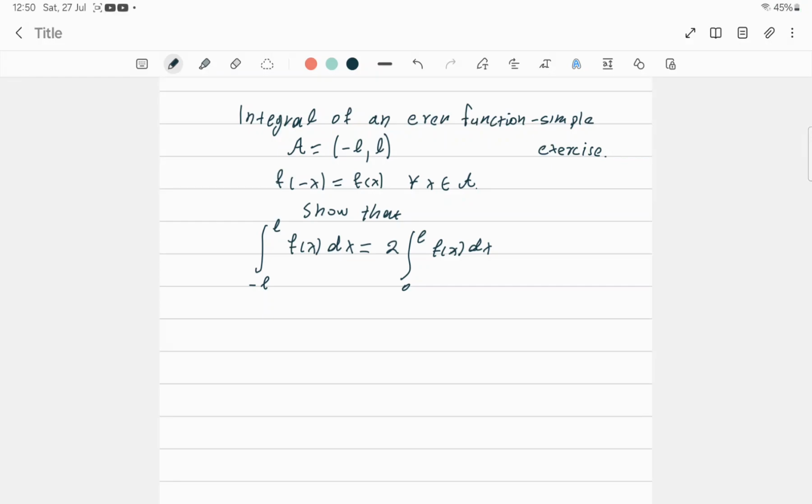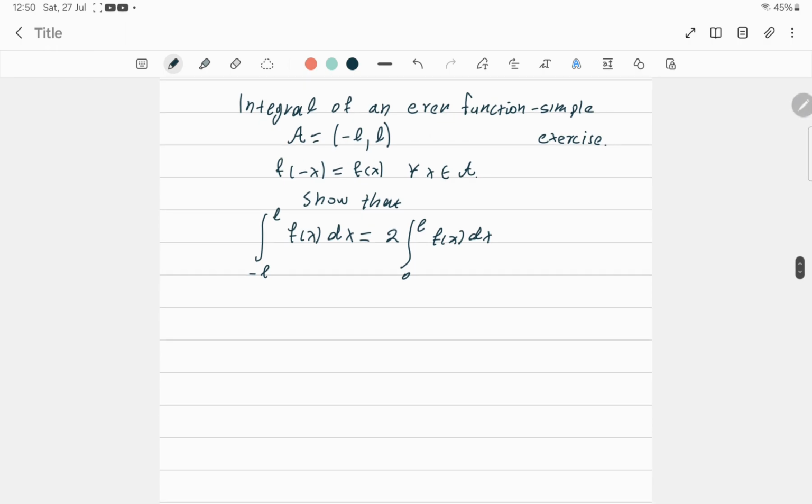In this video we will show a useful identity. We have a symmetric domain from minus L to L. This interval is symmetric, and the function f satisfies f of minus x equals f of x. The function f is an even function for every x belonging to this domain